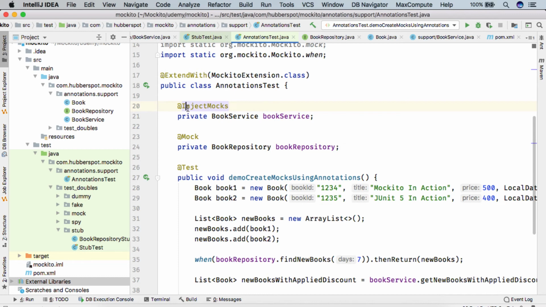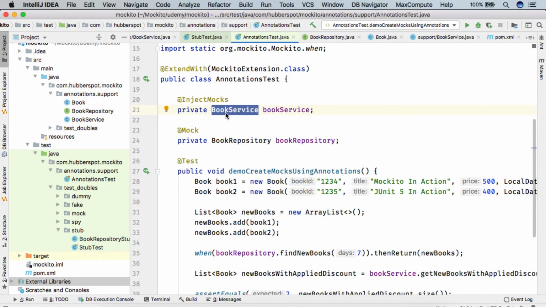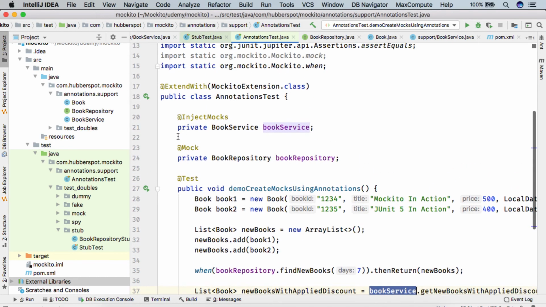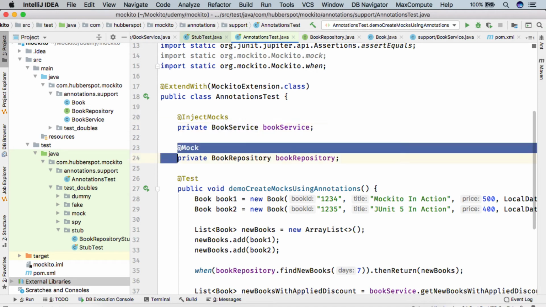So friend, what @InjectMocks does is, it takes the class under test. So here we are actually testing the method of book service class. So usually when we want to tell Mockito that this is our class under test, we use @InjectMocks annotation on the top of it. And whatever external dependency we need to mock, we tell it via @Mock annotation.